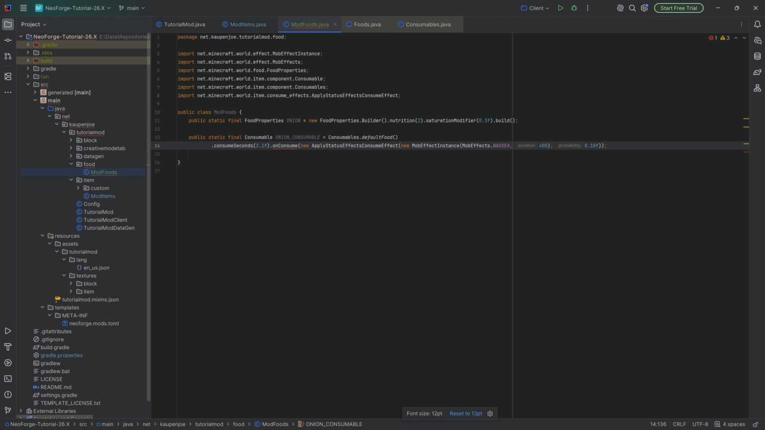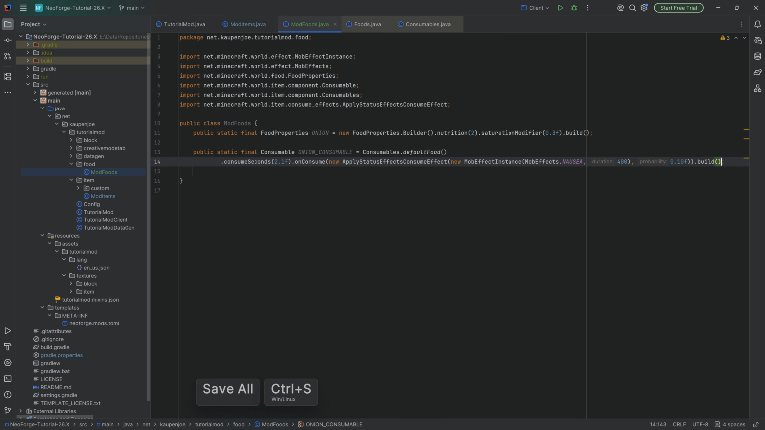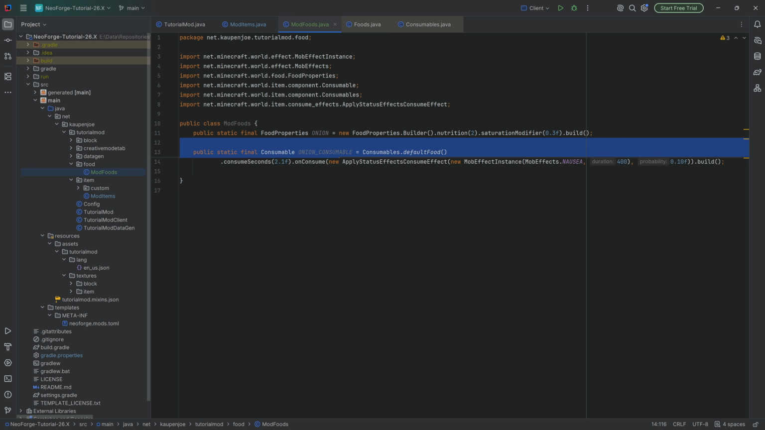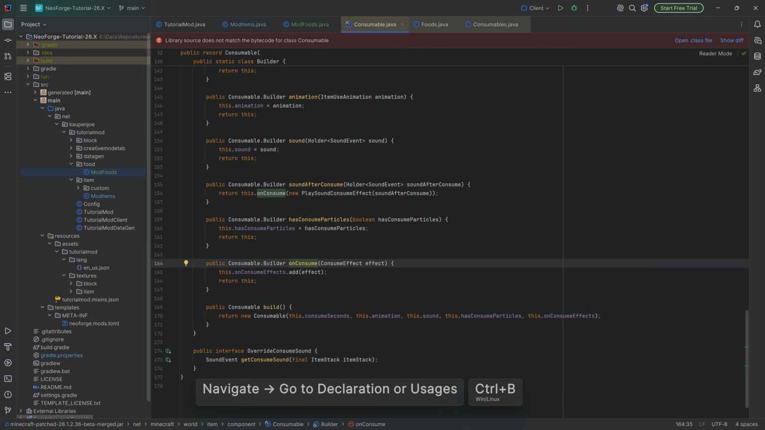Because eating a raw onion is kind of crazy, okay? That's the idea. So you have a 10% chance of getting nausea, which is the closest that we have to heartburn, I guess. I mean, there you go. But that is a consumable, and the onConsume method is so cool because this one, if we middle mouse button click or control left click on this,